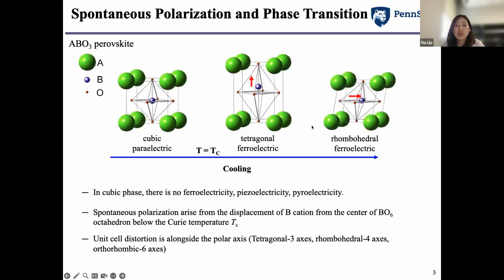By further cooling it down, the phase will transform to the rhombohedral ferroelectric phase, where there are 8 possible spontaneous polarization orientations. If you consider the orthorhombic phase, there are 12 possible spontaneous polarizations. And